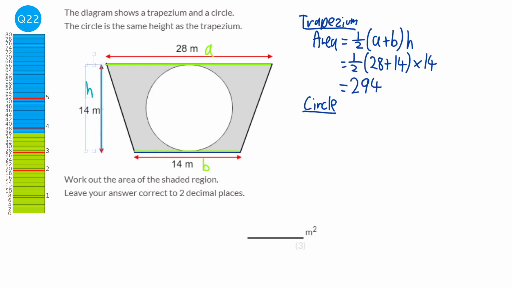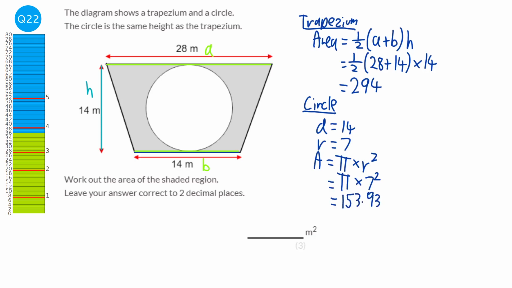So the height of the circle is the same as the diameter. So the diameter of the circle is 14, therefore the radius would be half of that, which is 7, and the area of the circle is pi times the radius squared. So it would be pi times 7 squared, which will be 153.938... Now I'll keep that in my calculator,